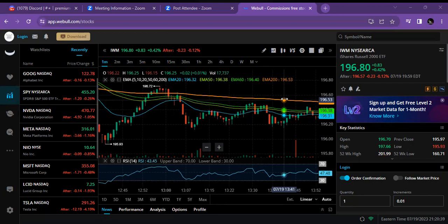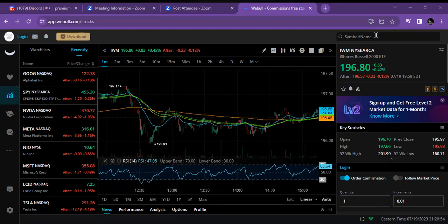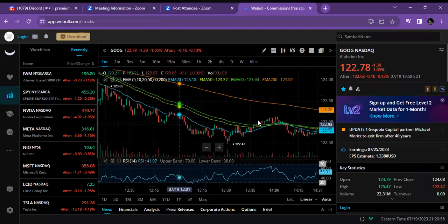All right, Rich, you asked, how do I draw my exact support and resistance levels? Honestly, there's not really a hidden secret to it. Most of the trading that I do is based off EMAs and technical patterns. So let's zoom out and go back to Google, because I think that was the clearest example. So with Google,